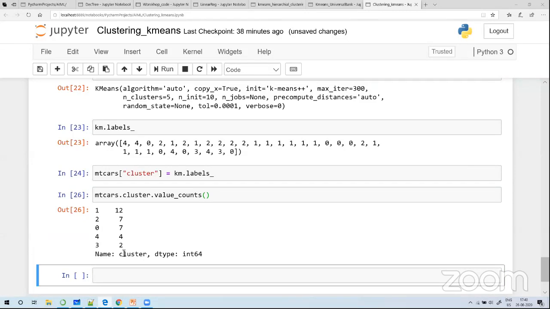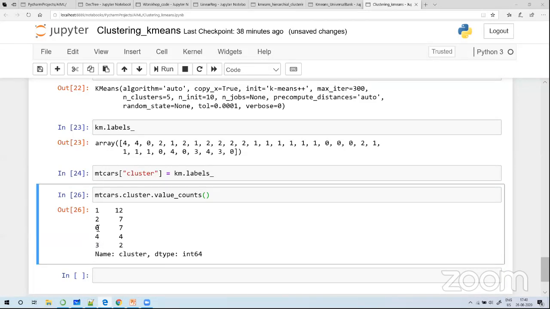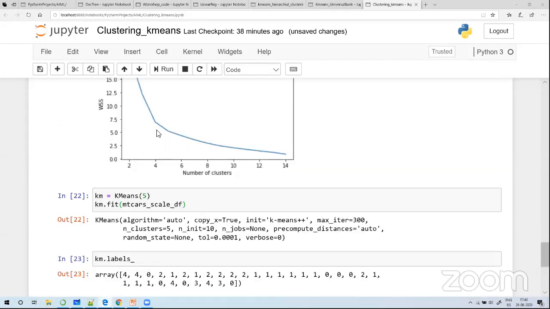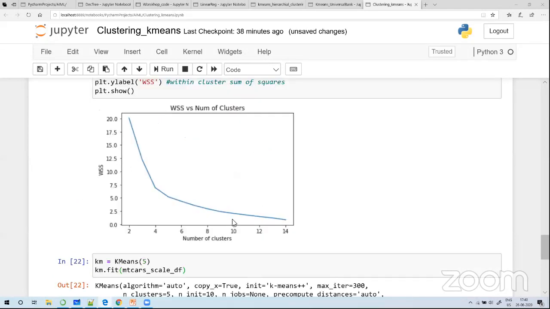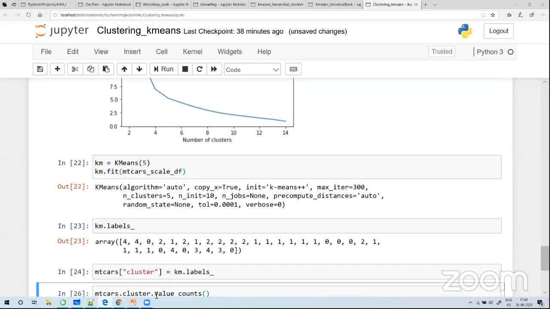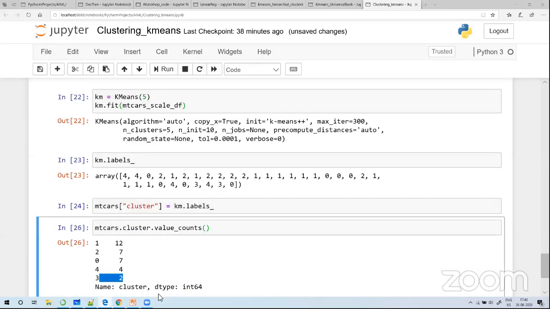Now we have generated 5 clusters: 0, 1, 2, 3, 4. In cluster 0 we have 7 observations, cluster 1 we have 12, cluster 2 we have 7, cluster 4 we have 4, and cluster 3 we have only 2 observations. Okay, and when we looked at this pre-graph, we decided that this is the ideal number of clusters to go with. Okay, that's exactly what we do in